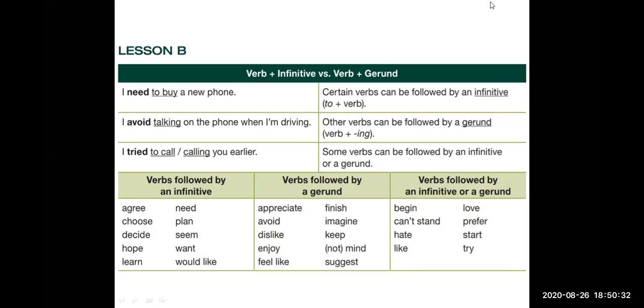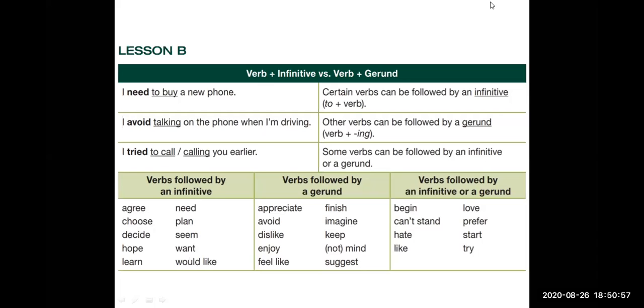When you are going to do something in the future, for example, if you are going to work in the afternoon but you are in the morning, you can